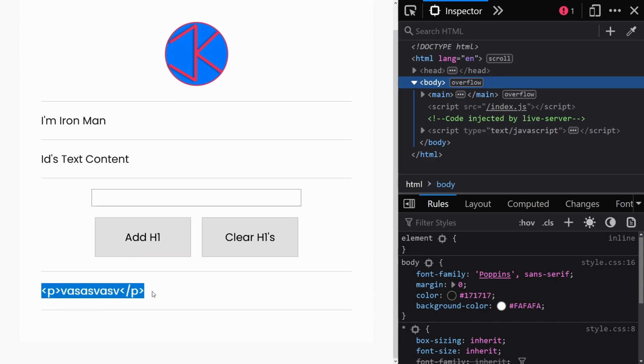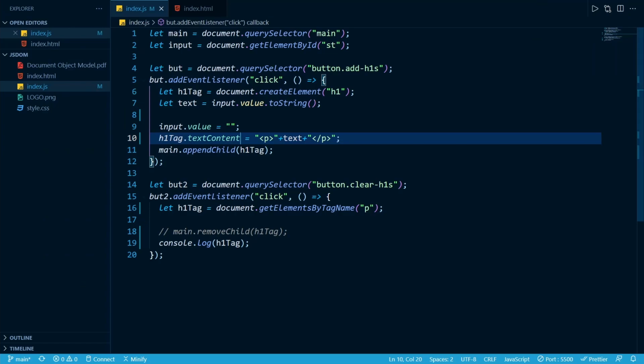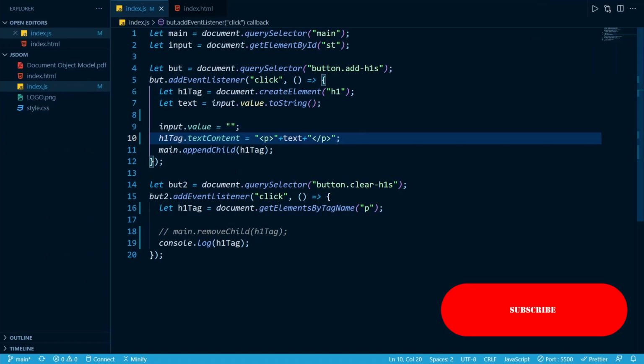It does not treat paragraph tag or these tags as any special tags, because we are clearly saying that we want to set the text content and not the HTML. There are plenty of other methods as well that DOM exposes, but this was just an overview that I wanted to show you, and how powerful JavaScript as a language is, and how you can actually manipulate your entire markup from inside of your JavaScript.